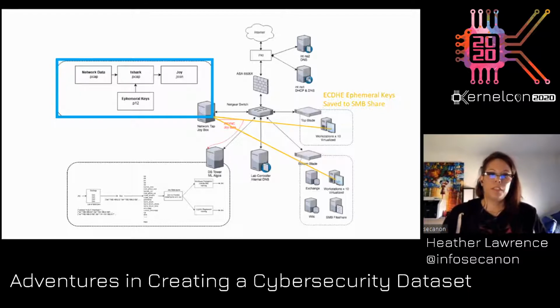In order to solve the ephemeral Diffie-Hellman keys, we originally came up with the scheme to forward all of the browser Diffie-Hellman keys to the network tap box and to try to use Wireshark to decrypt the packets before saving the packets, or the PCAPs, and using machine learning on them or pre-processing.